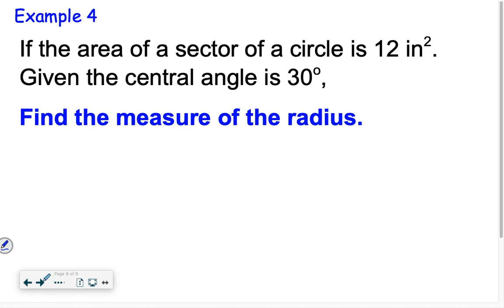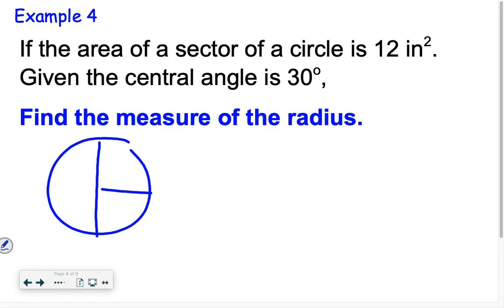If the area of a sector of a circle is 12 inches squared, given the central angle is 30 degrees, find the measure of the radius. Okay? So I'm going to draw another picture. They tell us first that our angle is 30 degrees, and we know that the area is 12 inches squared. Okay, and so we're going to have to use that area formula